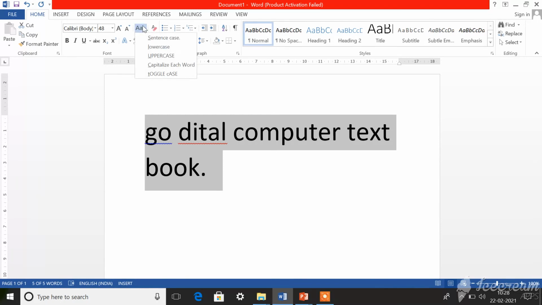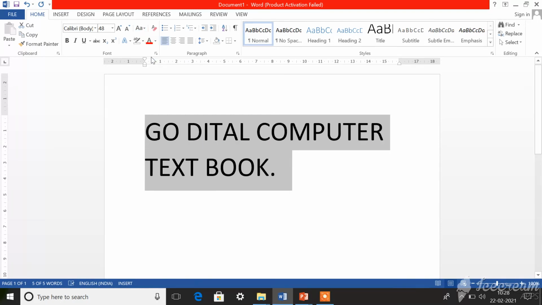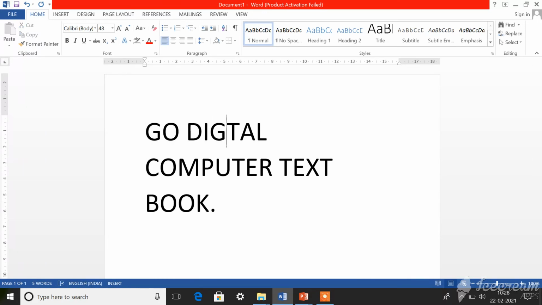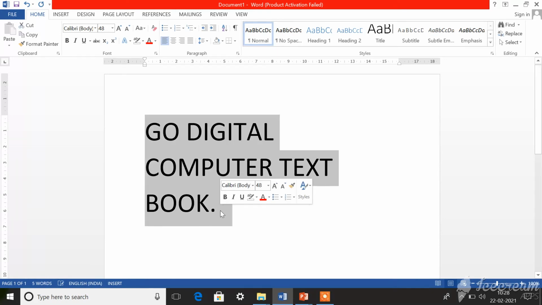Now when I click uppercase, all the letters will become capital. So if you want the entire document to be in capital letters, you can choose uppercase.